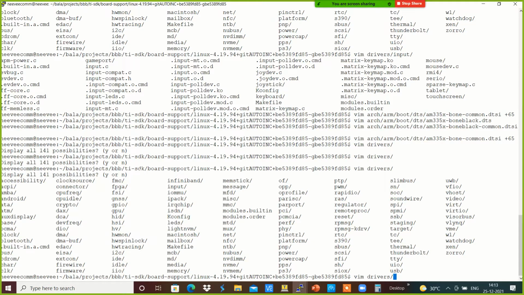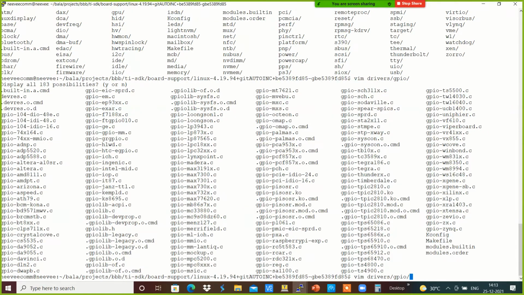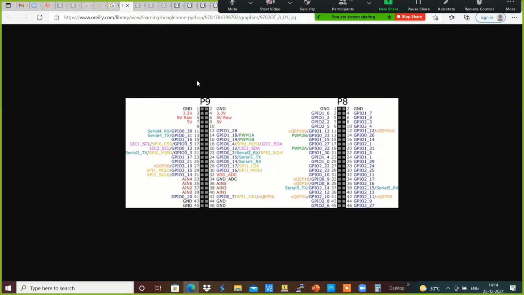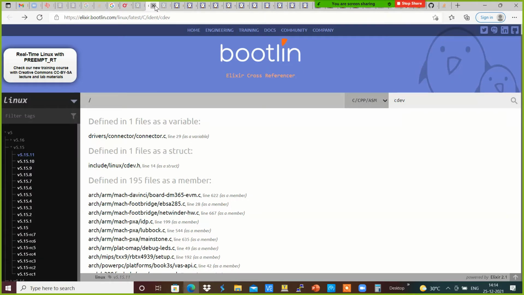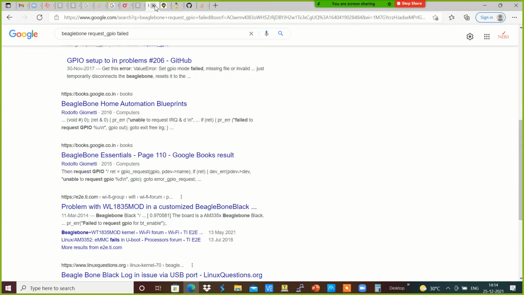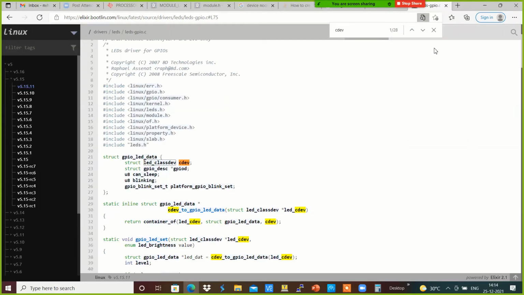Inside the drivers GPIO we will be having GPIO lib.c, and here in the LXR maybe we can get the information. GPIO hyphen key.